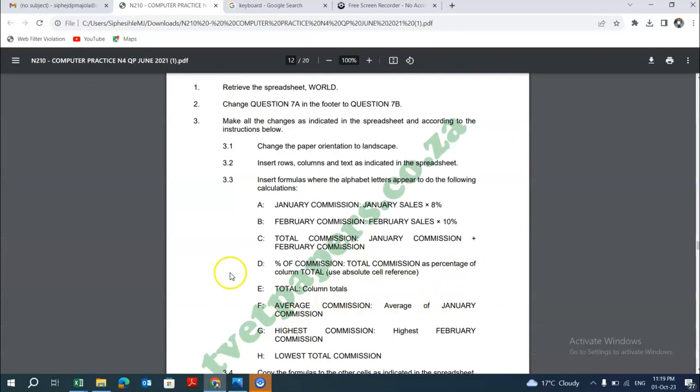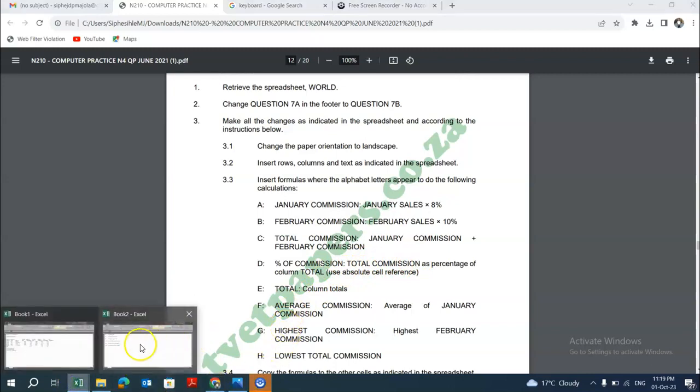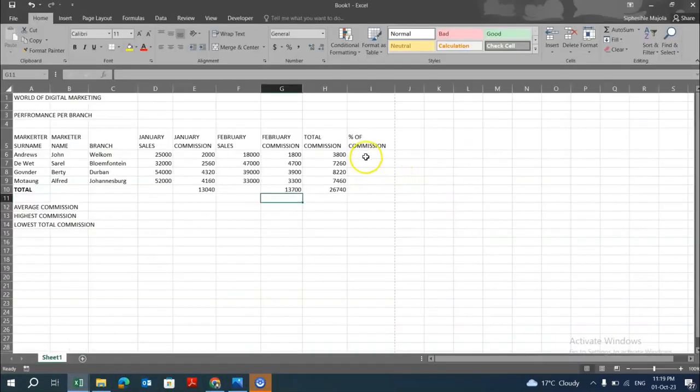Now you can go back to say percentage of commission, which is the total commission as a percentage of column total, and they want us to use the absolute sale reference. Right, so on this one, as you would calculate your percentage for your test, let's just assume that